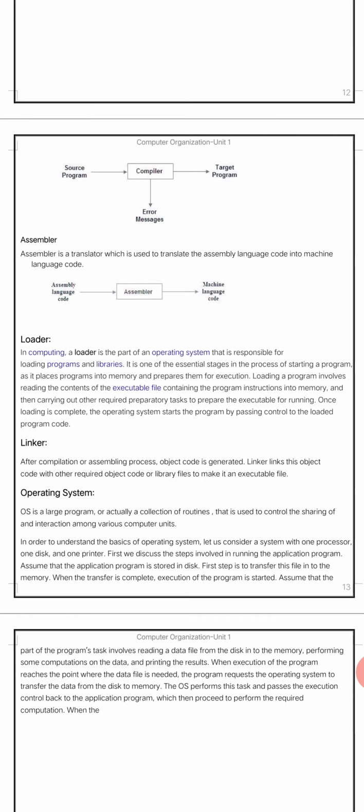So operating system is a large program. It is actually a collection of routines that is used to control. Routines are nothing but functions or methods or commands, whatever it is. So that is used to control the sharing of and interaction among various computer units. So by using those commands or routines or functions, we have to control sharing and create interaction among various computer